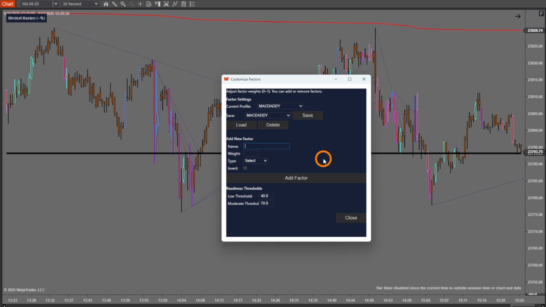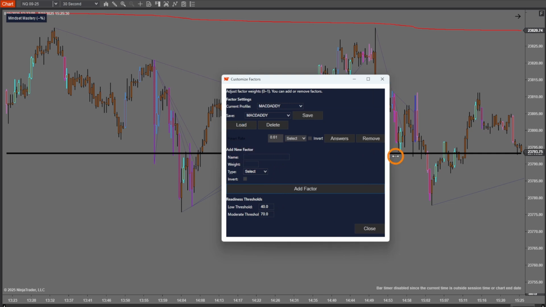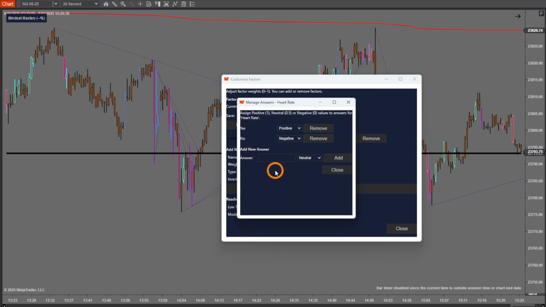And Brian from A Plus Setups gave me some good ones to put in here. First one is going to be heart rate. And we're going to weight this to where it exceeds the low threshold down here. So we're going to call this 0.061. And we will add that as a factor. Now it's darked out right now because it's not saved. And so what we'll go ahead and do is we will add in our own